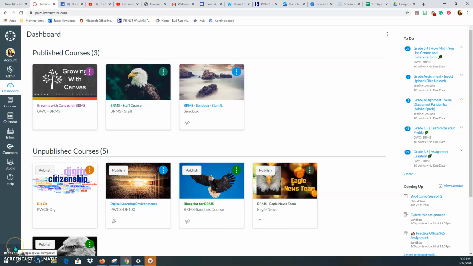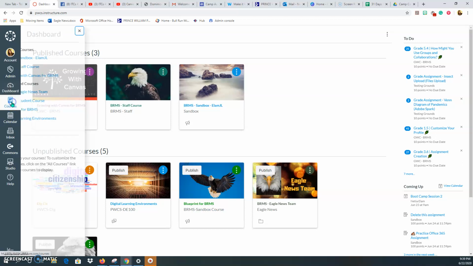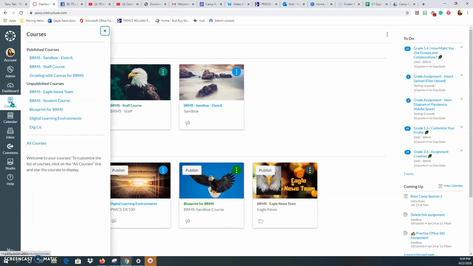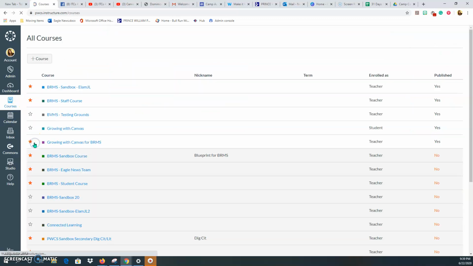Today we want to take you through the Global Navigation, which is on the far left-hand side of your Canvas window. We've already talked a little bit about the Account and Dashboard section. Under Courses, the main reason you'll probably go into Courses is to designate which courses you'd actually like to see displayed in your dashboard. So if I scroll down to the very bottom where it says All Courses, you'll notice